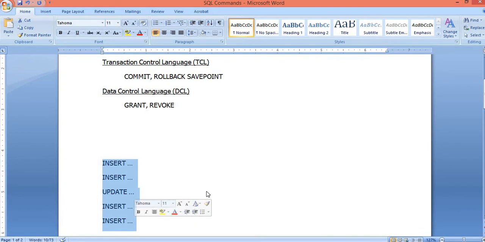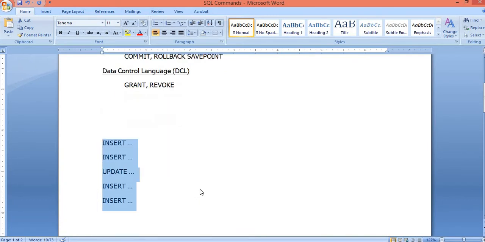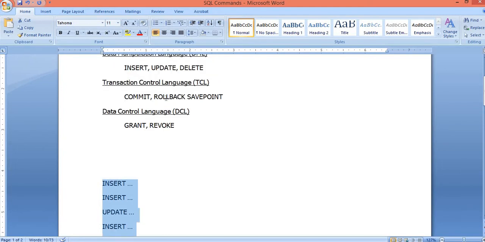Now whenever we execute a transaction, we need to ensure that it satisfies certain properties. You can achieve that by using these commands. The first command is the commit command. The purpose of the commit command is this: whatever changes have been caused by the DML commands will be residing only in the buffer by default.